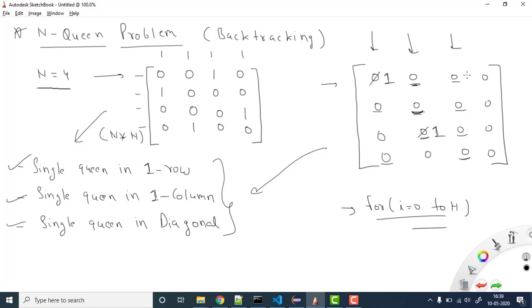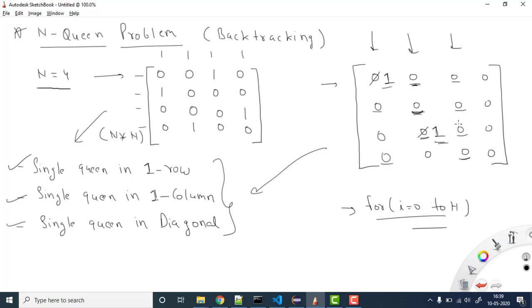So if no place is suitable for this column, it means the previous placement of the queen that we have put wasn't sufficient, wasn't efficient, that was the wrong placement, right? So here comes the backtracking. Backtracking means the solution that you have put previously, like you have put the value 1 here, is not a good placement, because we are not getting the solution afterwards. So it means you need to backtrack, right?